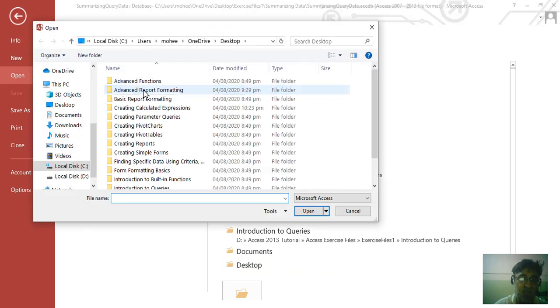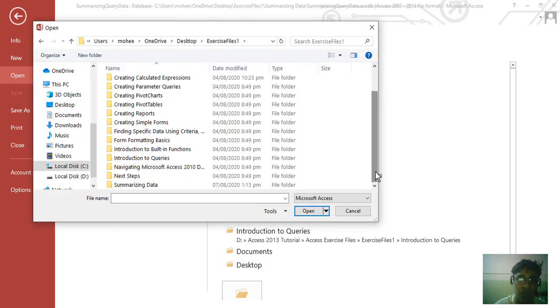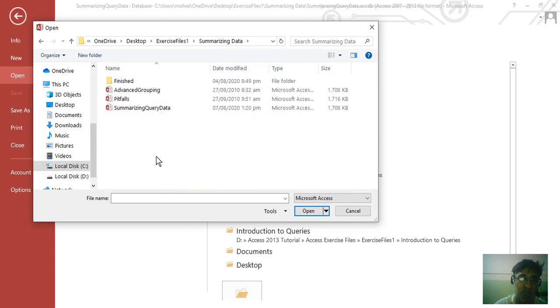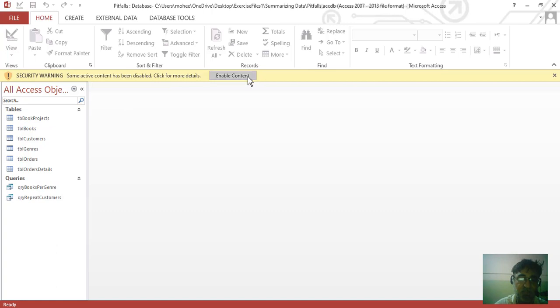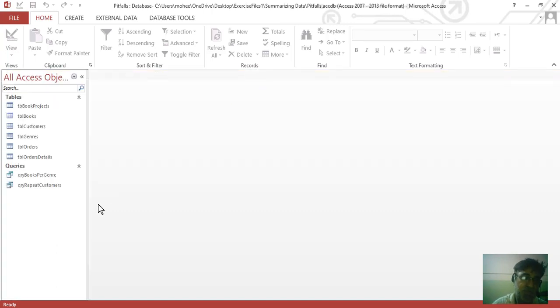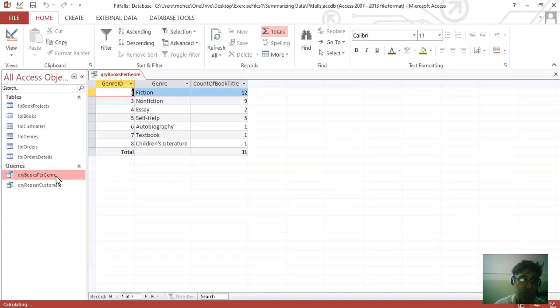So let's talk a little bit about the pitfalls in summarizing data. We'll be opening the pitfall database and enabling the data. We'll be using this query.